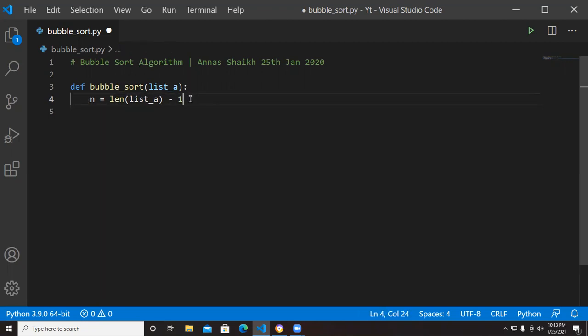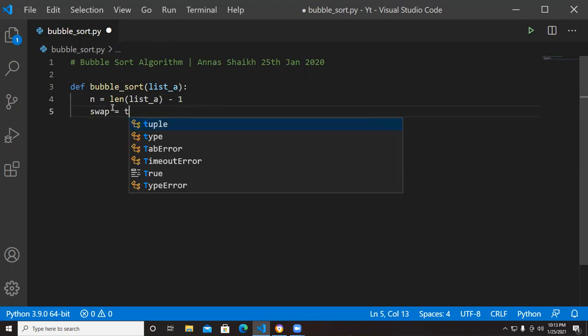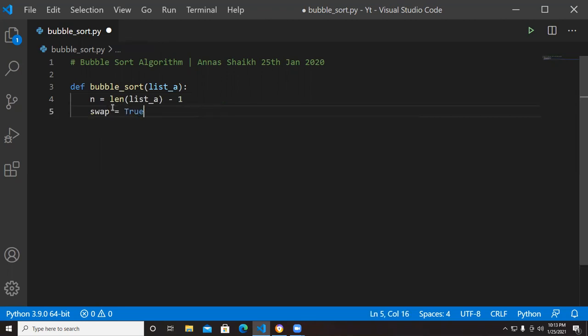Then let me make a variable which will store the status of the array, whether it's sorted or not.